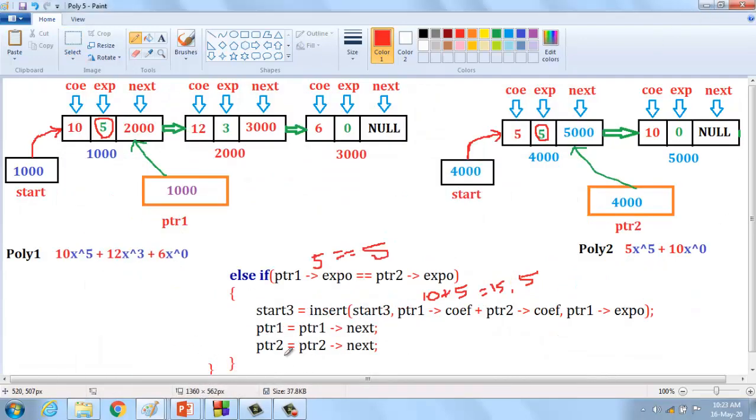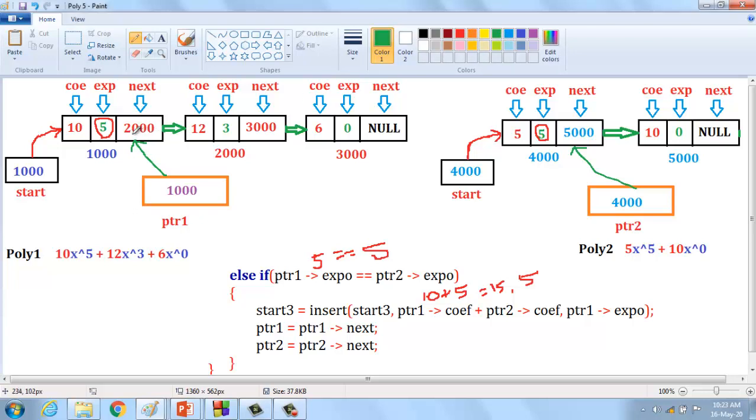And then ptr1 equal to ptr1 next. What is pointer 1? Pointer 1 is 1000. 1000 should be changed into ptr1 next, because we are going to compare the next node. What is ptr1 next? Ptr1 next is 2000.